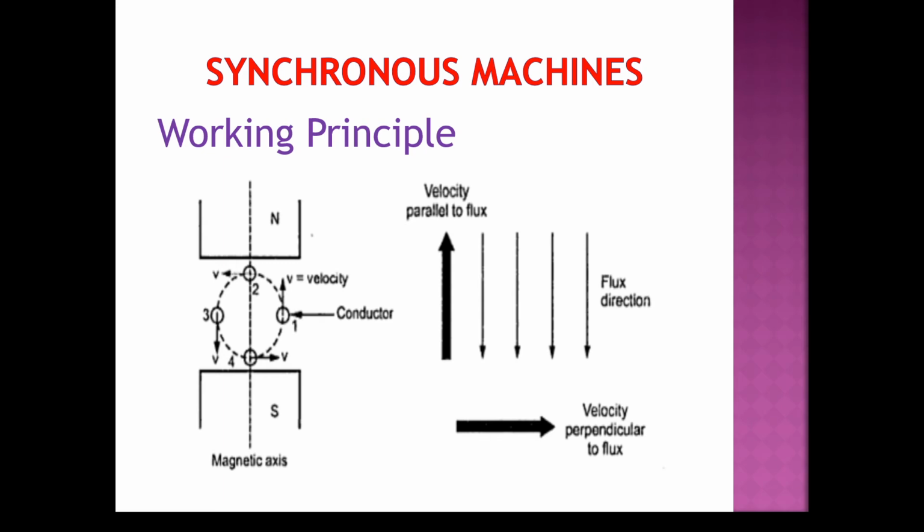So what is the difference between the practical alternator and the DC generator? In an alternator, conductors are stationary and the field is rotating, whereas in a DC generator it is opposite. The field is stationary and conductors are rotating. But for understanding purposes, we can consider relative motion of the conductor with respect to the flux. We are not telling here which one is stationary and which one is moving, so we are using the term relative motion between the conductor and the flux.